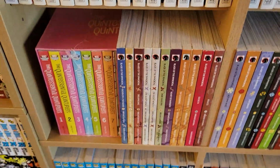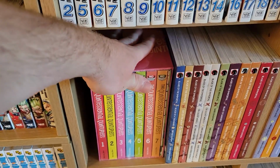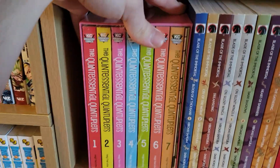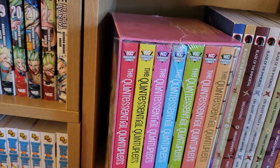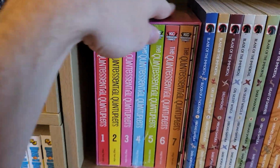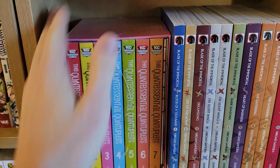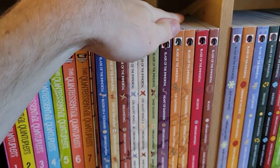Down here I have, this is my last standard edition manga, which is The Quintessential Quintuplets. I kind of just got this because it was cheap. If you remember, this was very confusing when it came out. They were like $20 or something, so then I got this. Still kind of have it in wrap because I'm not even sure if I really like the series that much, I'll be honest. So it's kind of just a bookstop here for my larger size volumes,